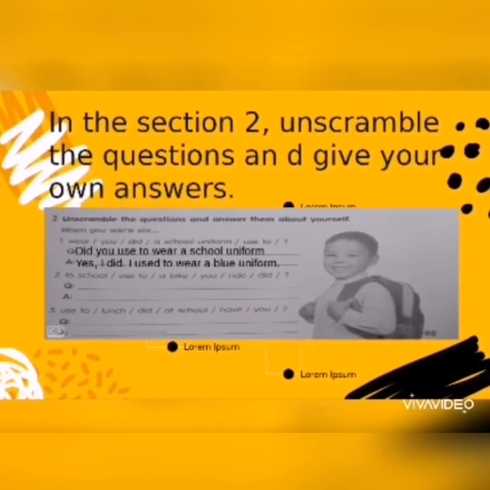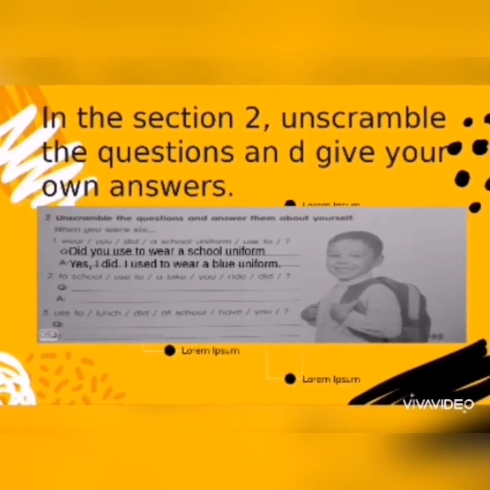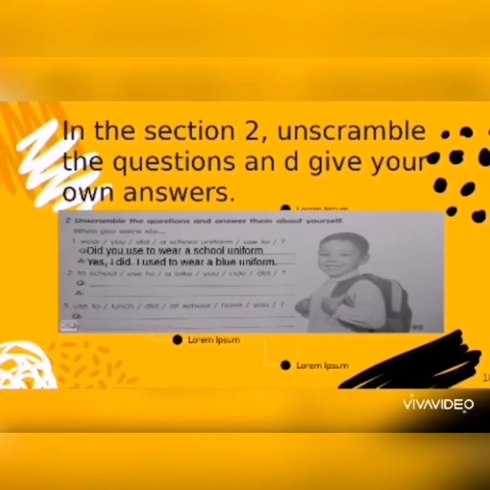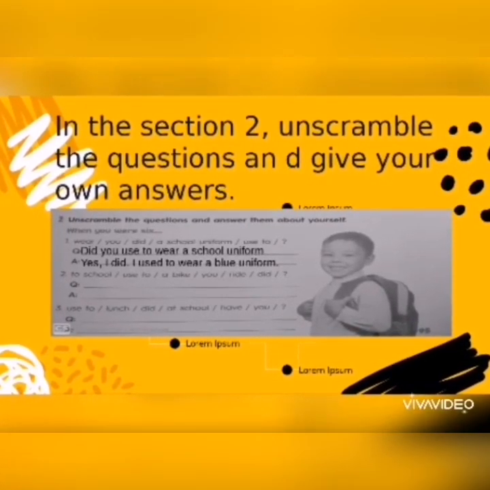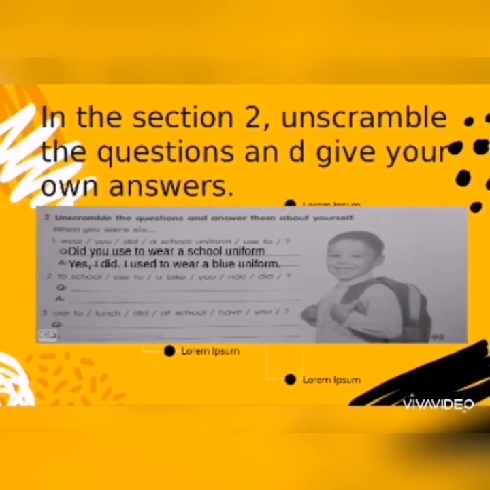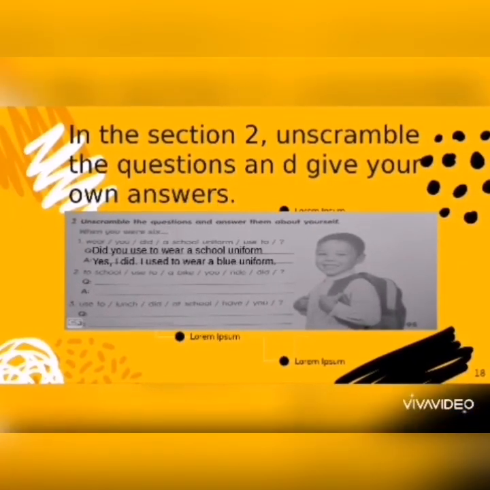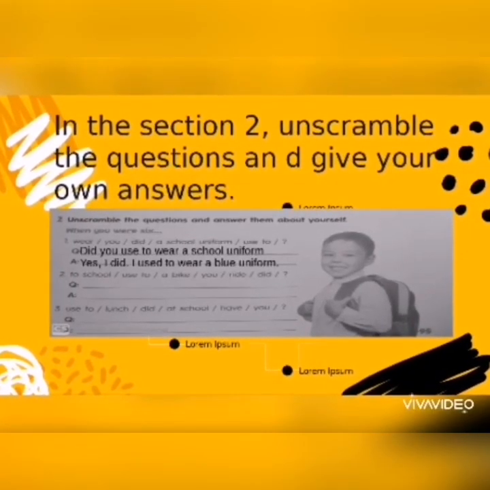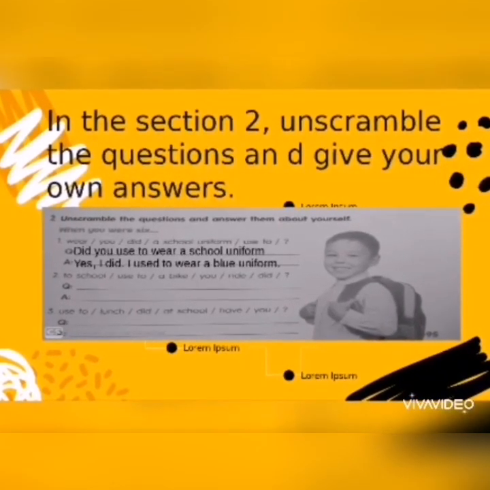I used to wear a blue uniform. Después dejo un espacio, digo mi respuesta de la segunda, dejo un espacio y digo mi respuesta de la tercera. Todo con un inglés británico excelente. Nada, no es cierto, cualquiera. Pero tiene que estar bien dicho, ¿ok? Pongan todas sus ganas ahí. Perfecto.